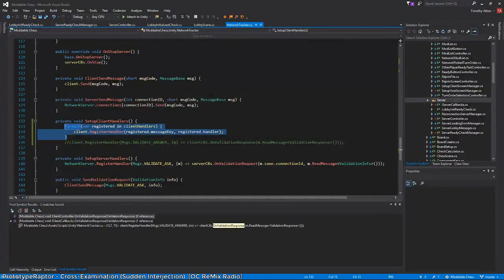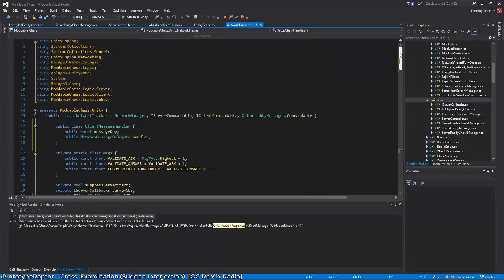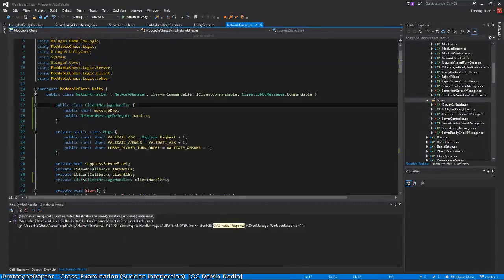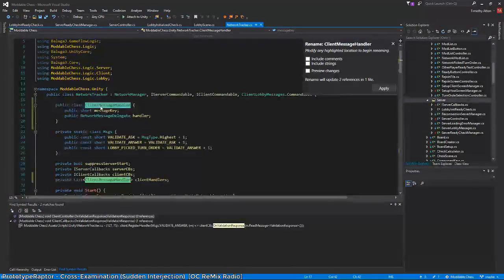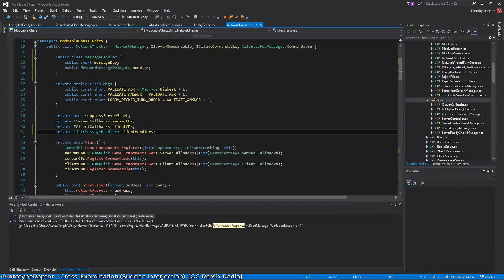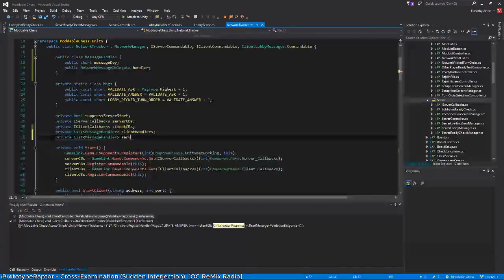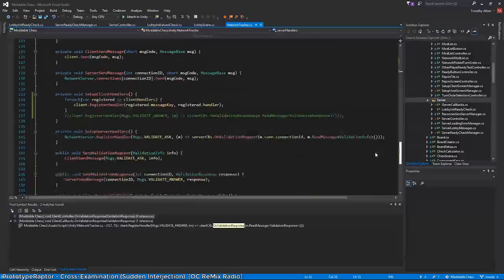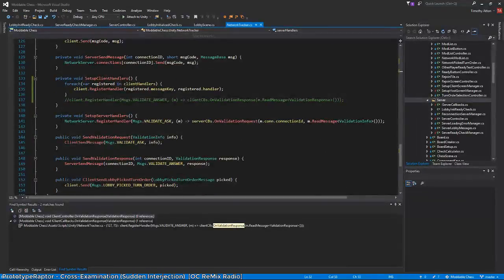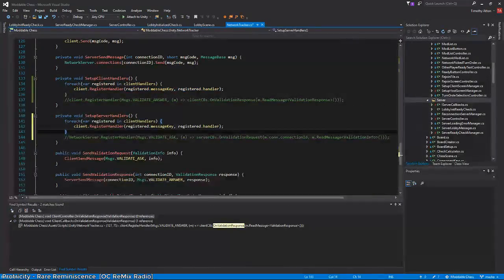Same thing with server, except yes, these will actually be the same class now. So